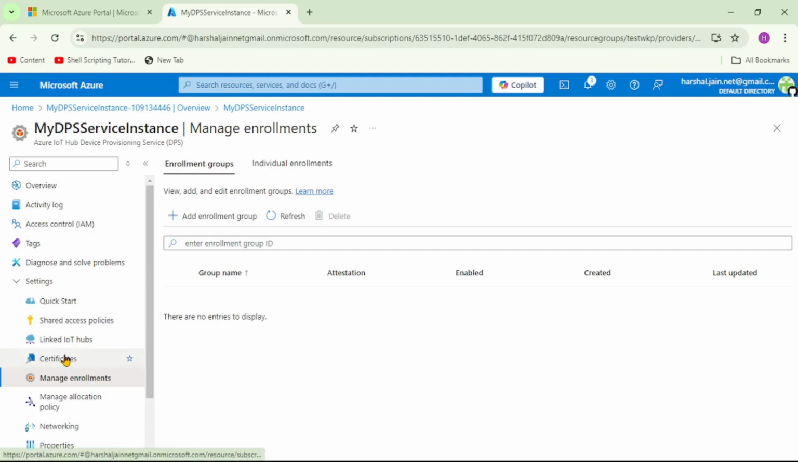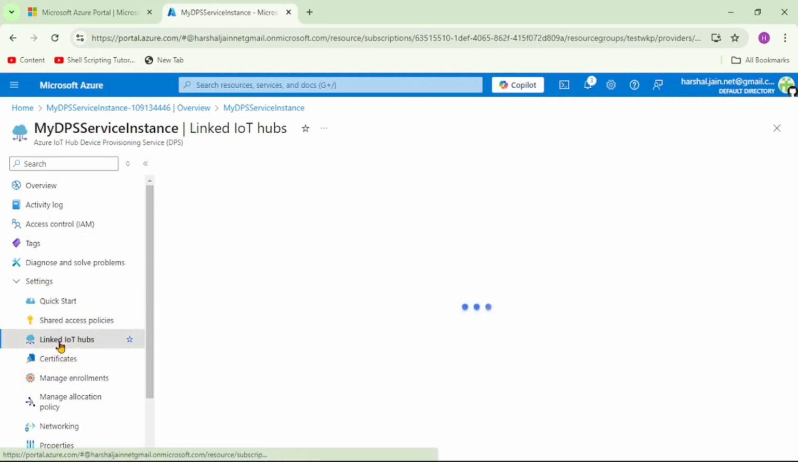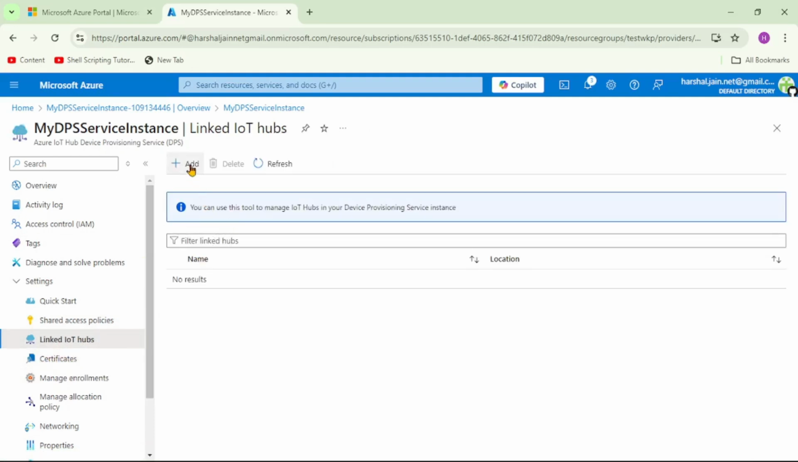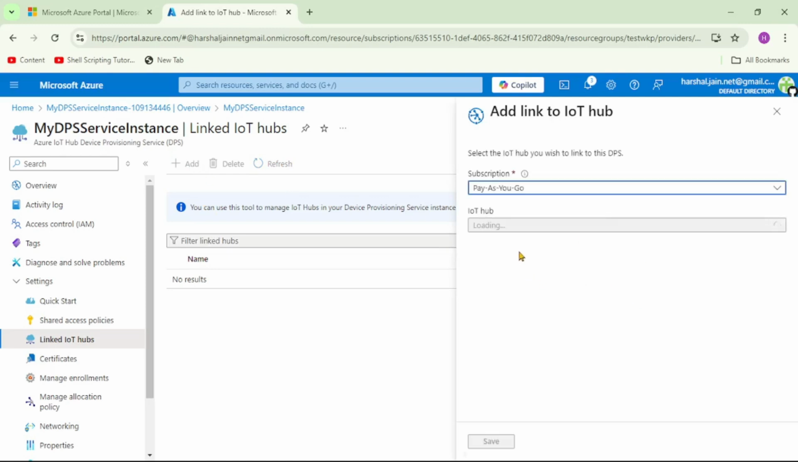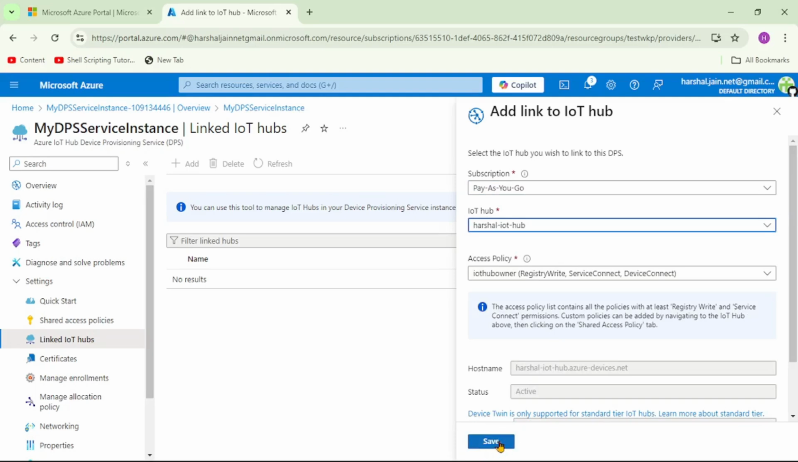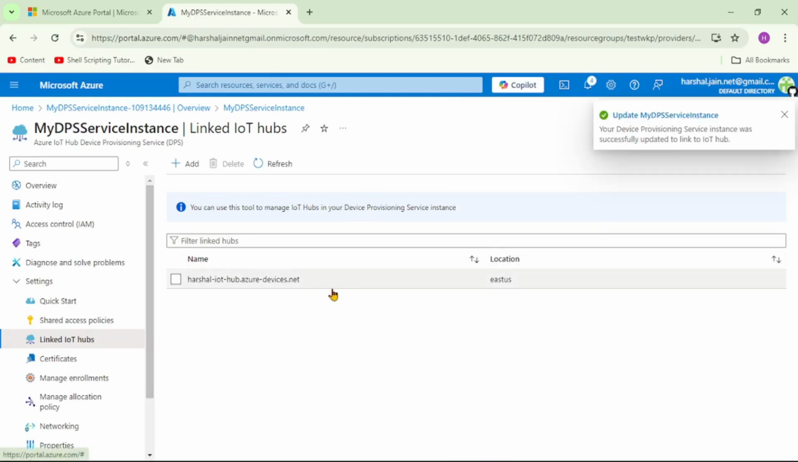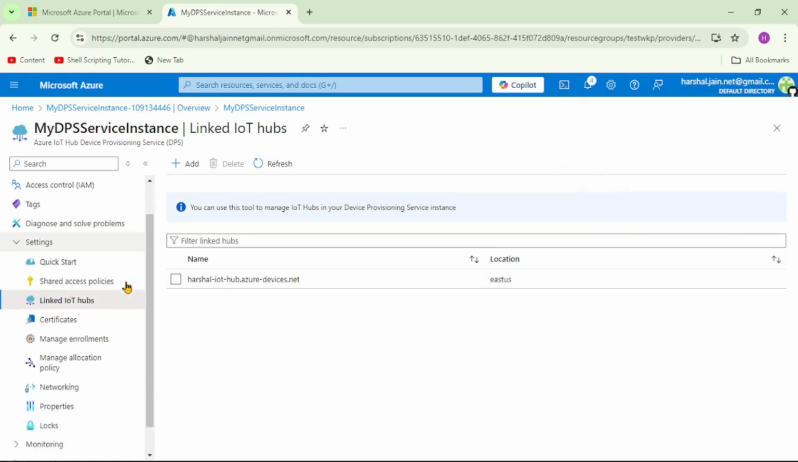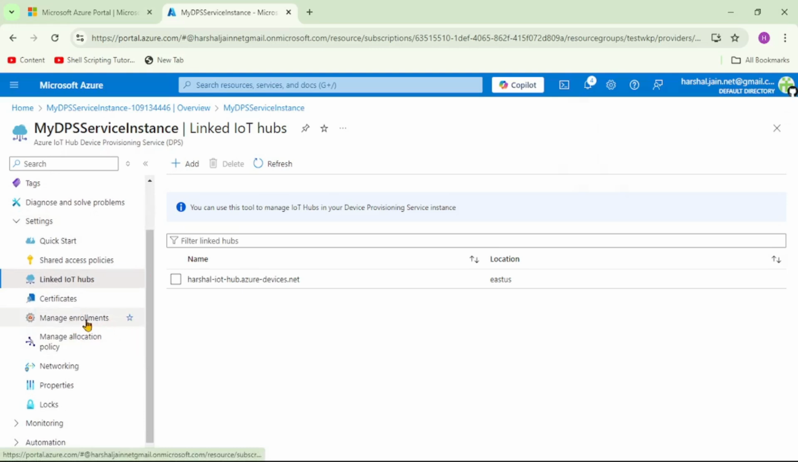So before that, let's again click on linked IoT Hubs. Let's say add. Let's select our subscription, and let's select IoT Hub. And here let's say save. And we got success message. That means we have successfully linked our IoT Hub to this DPS service. So let's close this. And now let's click on manage enrollments,